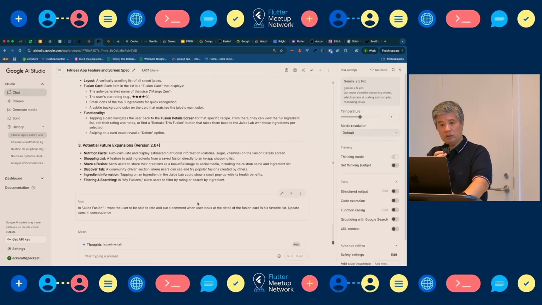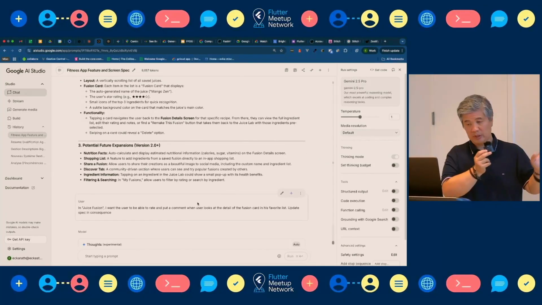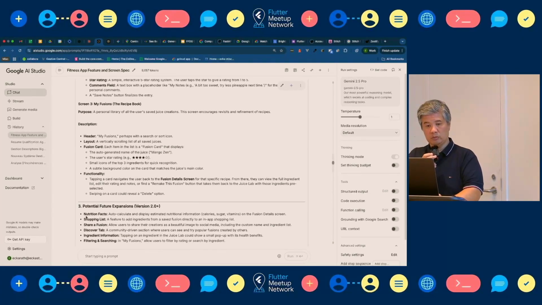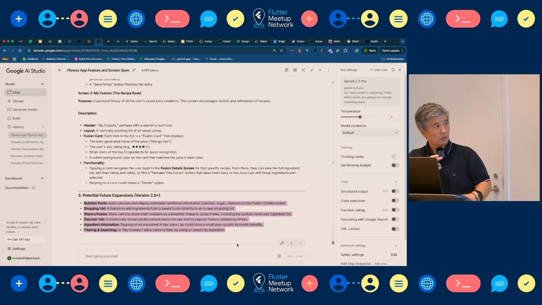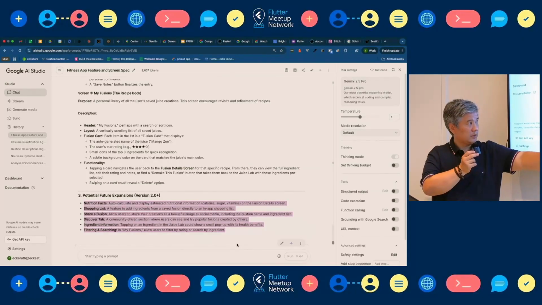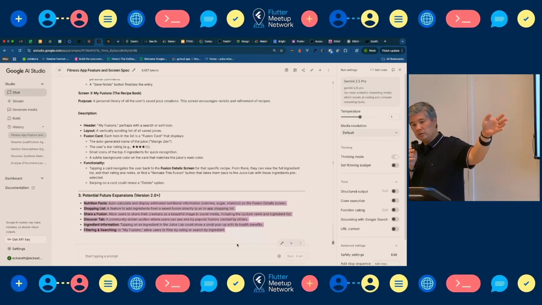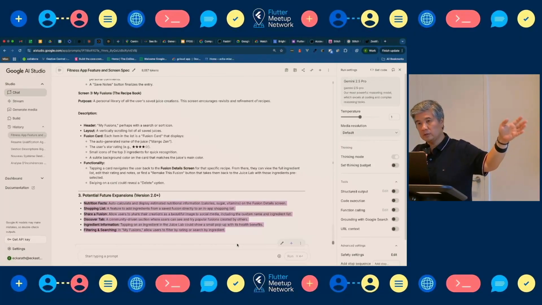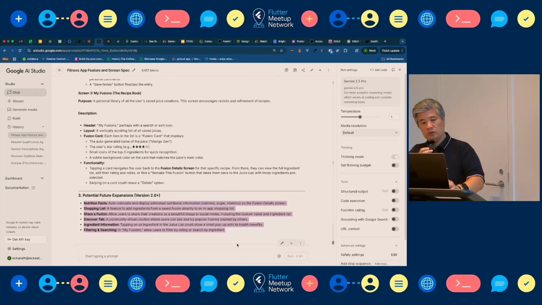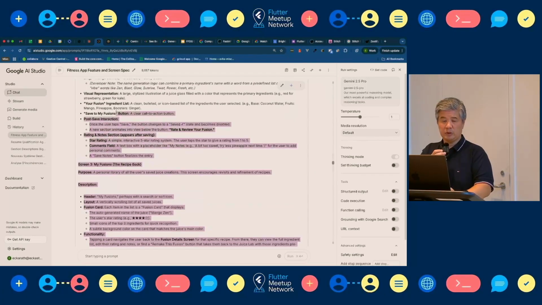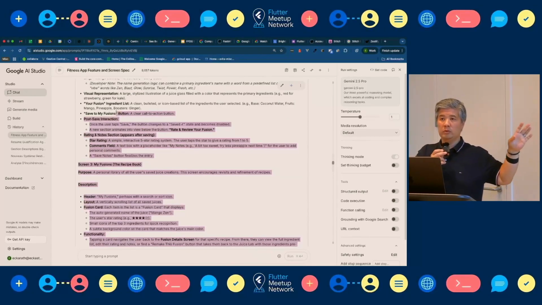And once you have the spec descriptions, it can also suggest some stuff, like nutrition facts, or sharing a Fusion with friends. So maybe something that you don't think about at the beginning, you can also ask it to add this new feature for you. And once you have all these prompts, what you can do is just copy and paste all the specification into DreamFlow to build your application.